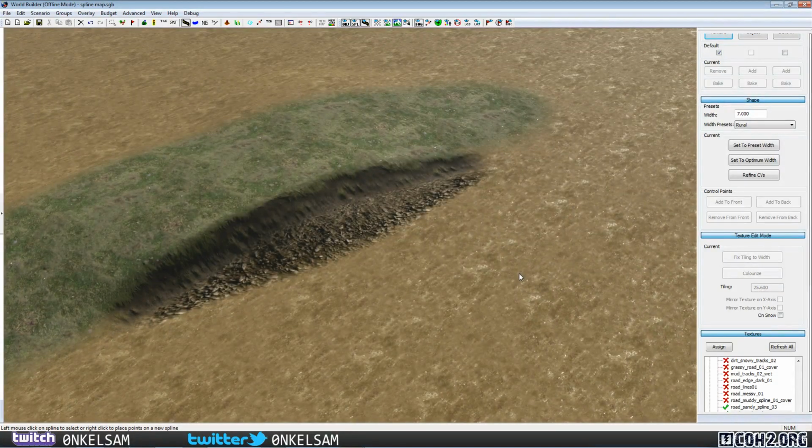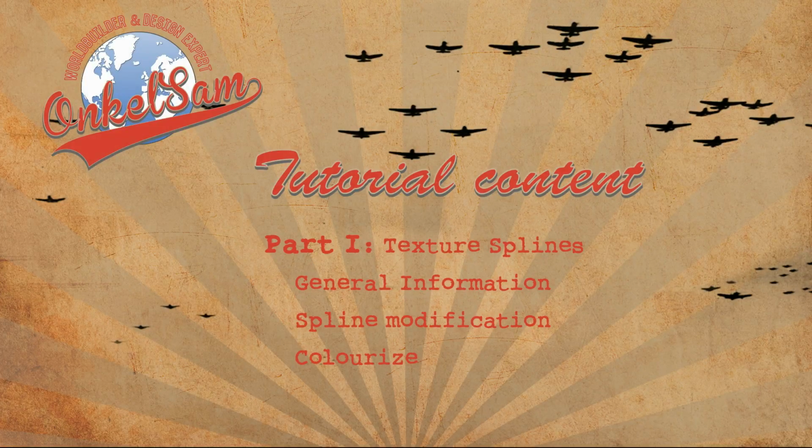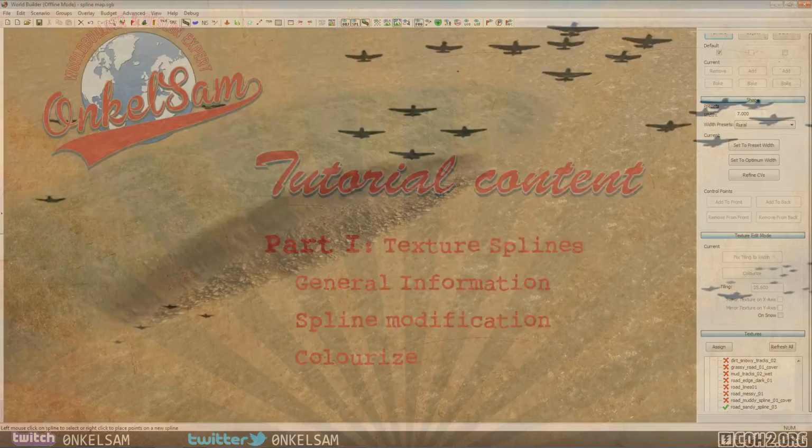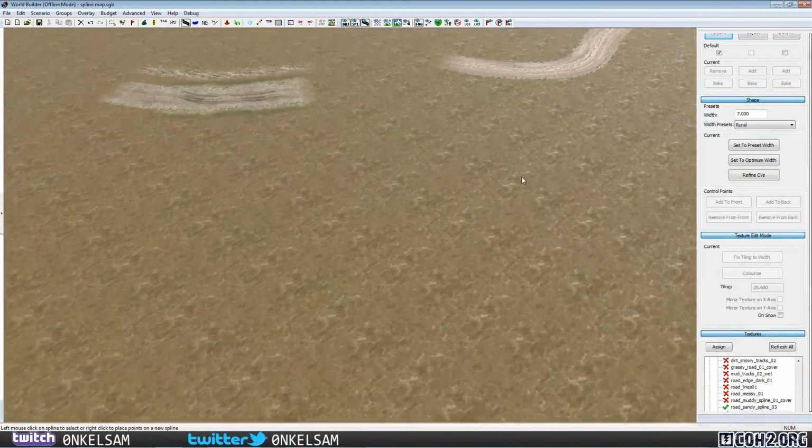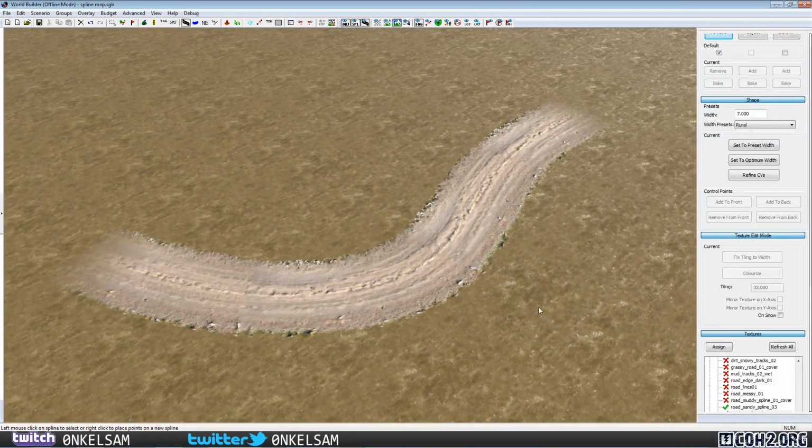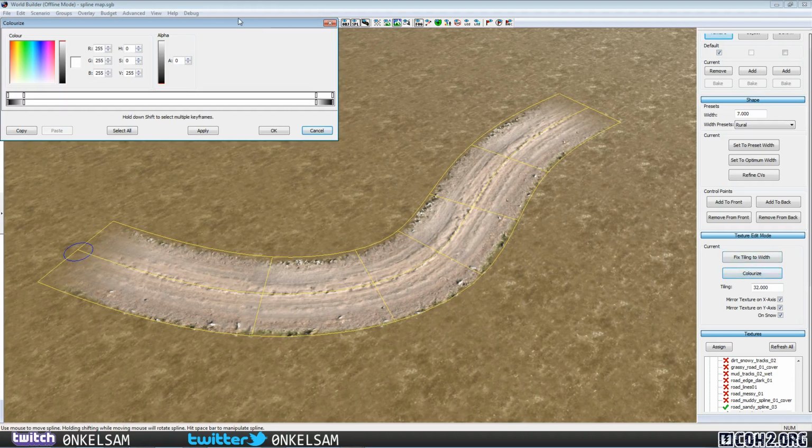Alright, so coming back to the overlay or to the outline, I've now given you information about how to modify a spline to your needs by changing individual nodes or changing the width of a spline, change its orientation, flip the orientation, etc. Now the last thing I want to cover in this tutorial is the colorize option for textures. So we go back to Worldbuilder and I go back to my road, just demonstrated on the road. I've got my road here and I find the colorize option down here on the right side. Texture edit mode, colorize. I hit this button and a new